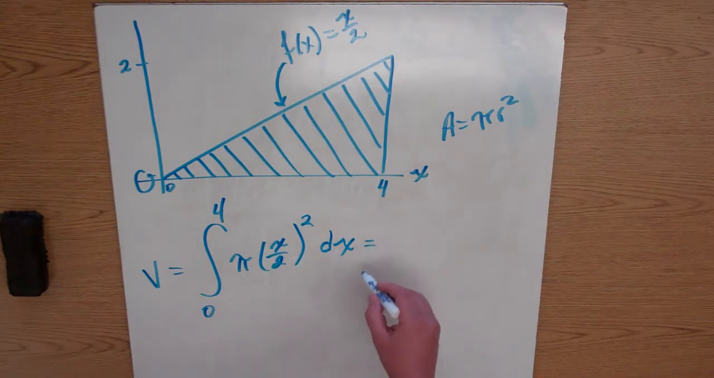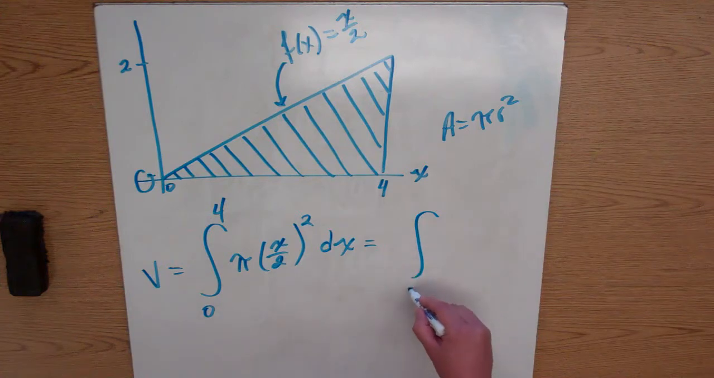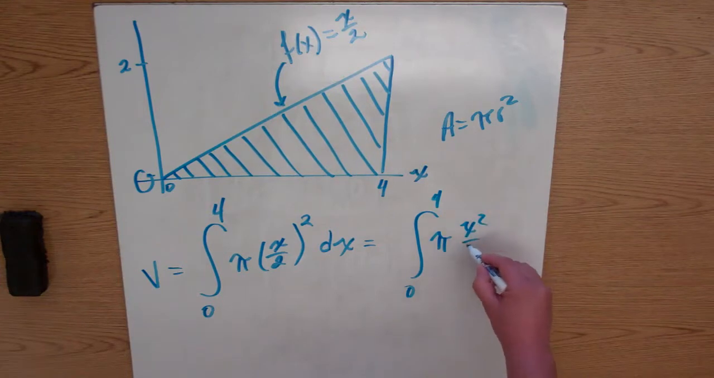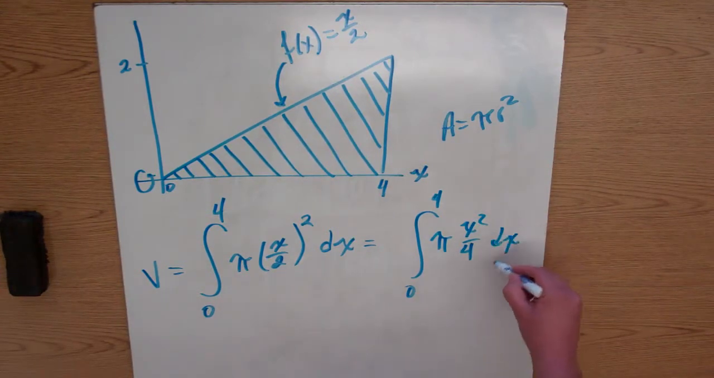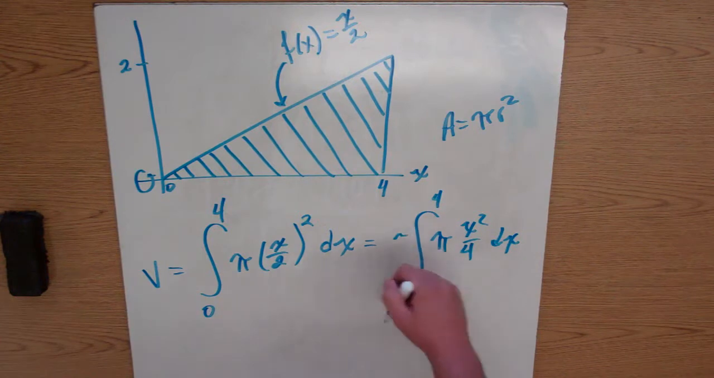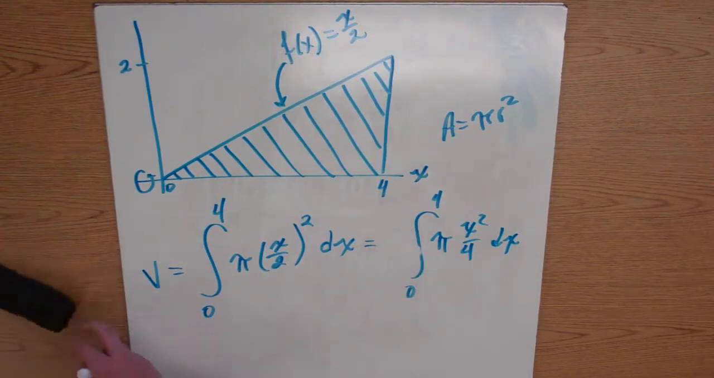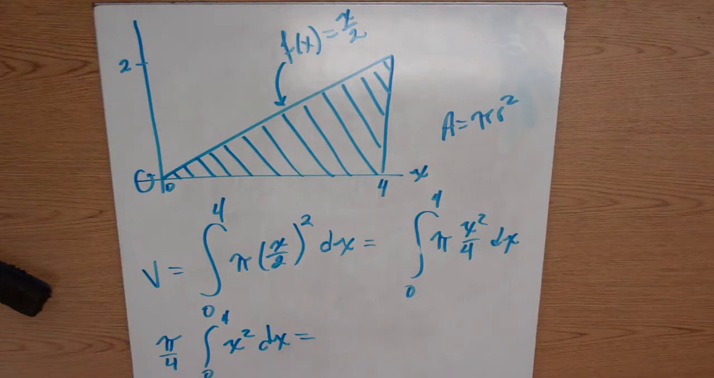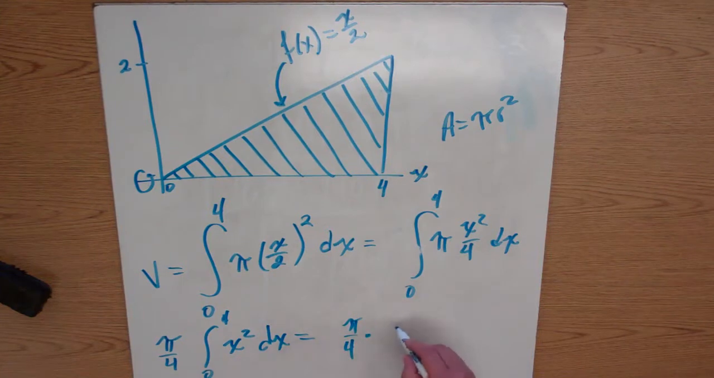So go ahead and square that out. So we're going from 0 to 4 of pi x squared over 4 dx. Okay? You can pull the pi over 4 out and just leave it out front. So then you're integrating from 0 to 4, basically just x squared dx at this point. Okay, so we have pi over 4